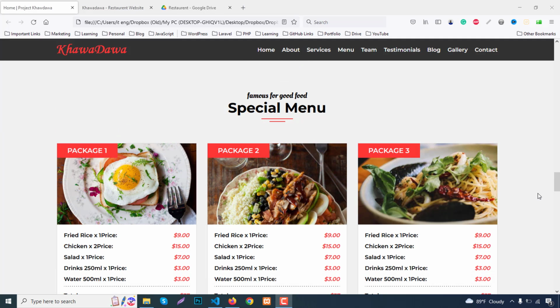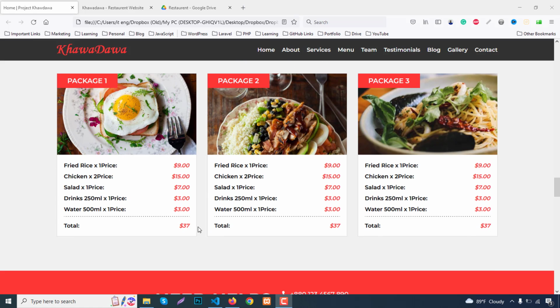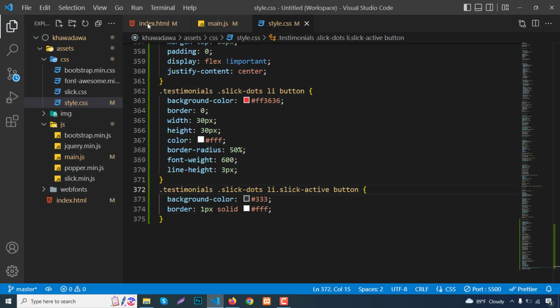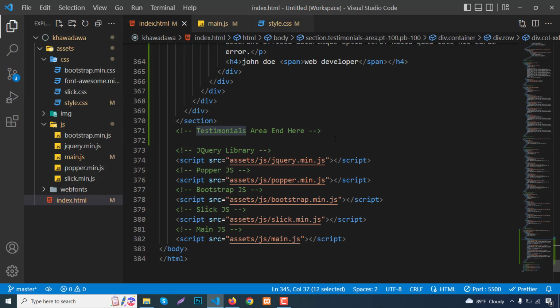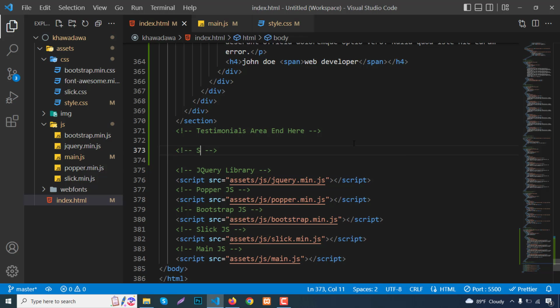In this part we'll make our special menu section. The special menu section has two parts: a section title, and a second row with 3 columns, and here is a price item with various prices and total price, and the design will look like this. So let's first make our markup. So go to index.html, and after testimonial, just add a comment like special menu area start here, and copy